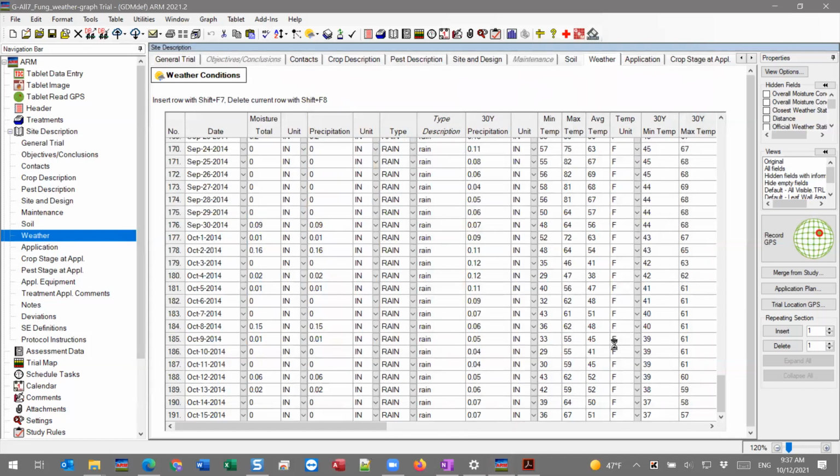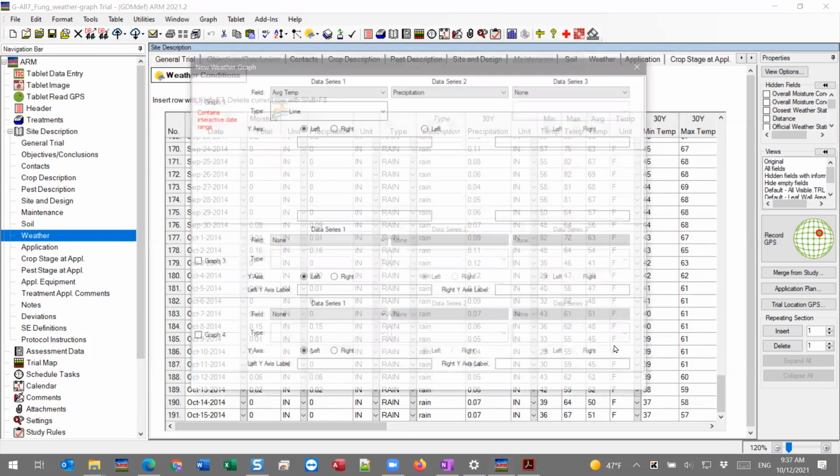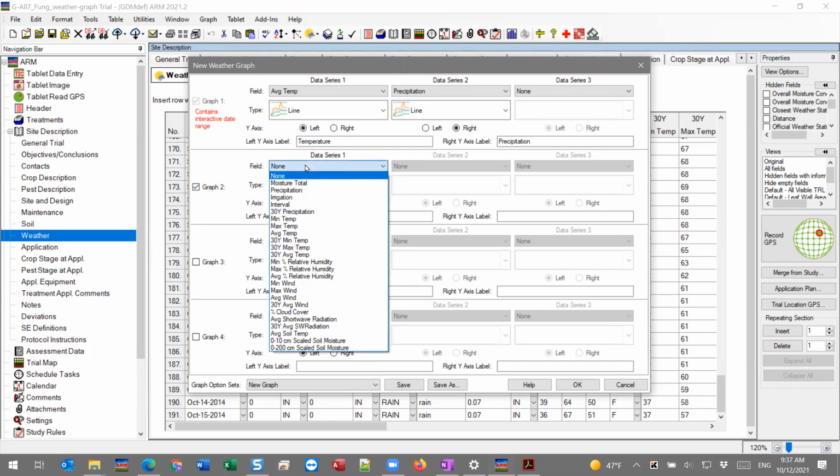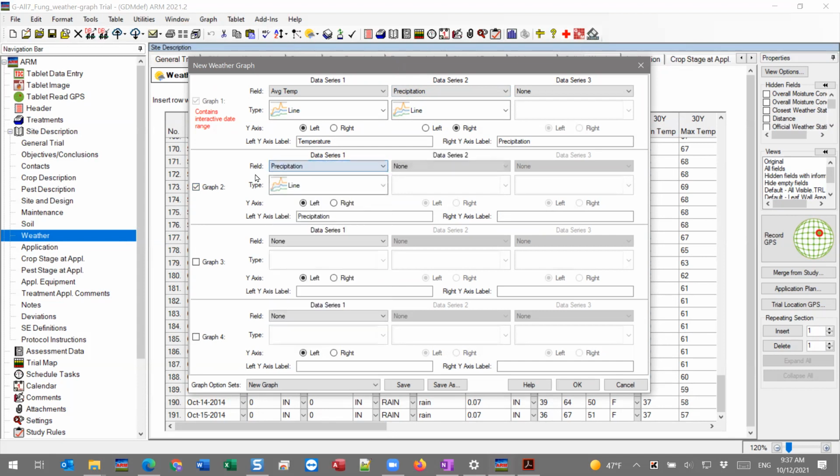I'm going to toggle back to the settings and let's create another graph. So we can keep this first graph if that was instructive and useful for us. Now we can turn on a second graph. So let's just try some more things we can do here. I'm going to take precipitation again, even though we did graph that in the first graph. I'm going to use this again